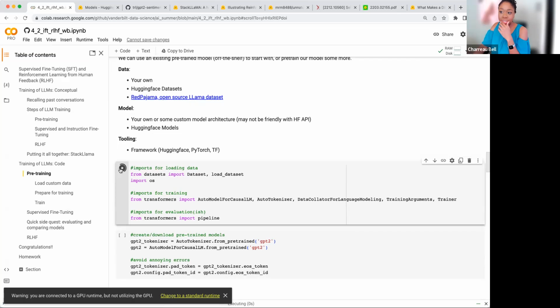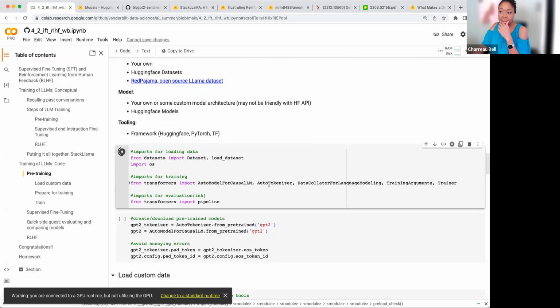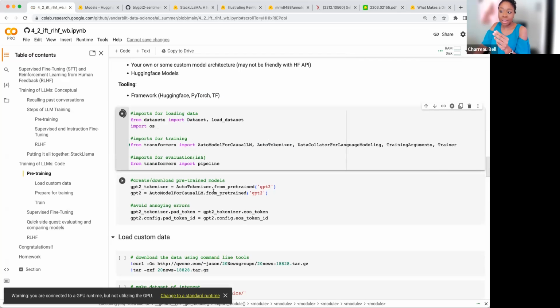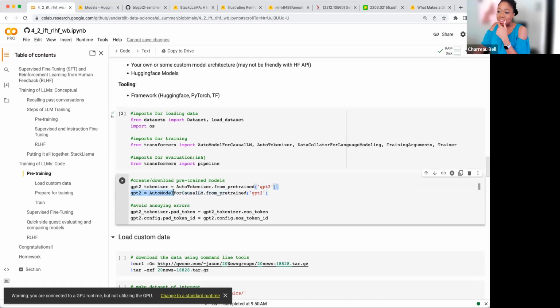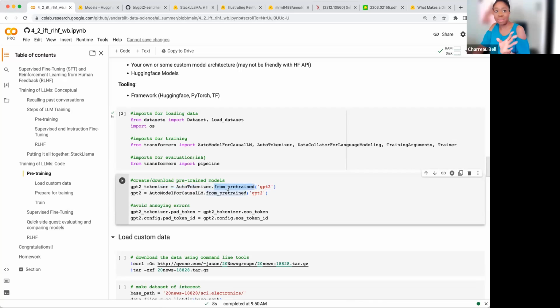So let's import this. These are our imports that are running. Here, we are actually going to download these pre-trained models. So these are already pre-trained. Again, we're abusing this notion of pre-trained. This is from_pretrained because it's already pre-trained. These are not random weights. These are model weights that are already sort of good, but we can train them some more. So now we're going to have a second layer of pre-training so it can fit in the methodology that we described. We're just going to train it some more.